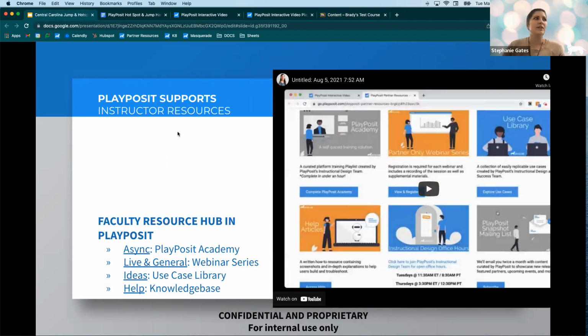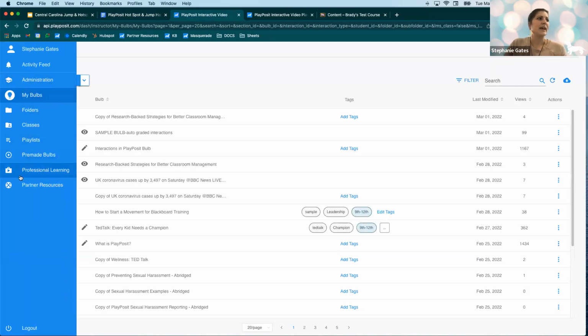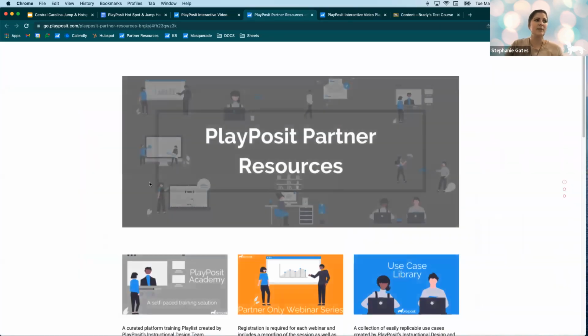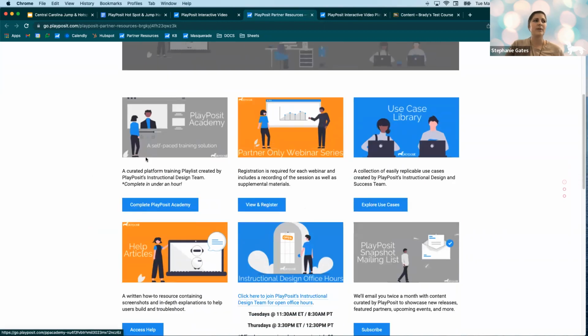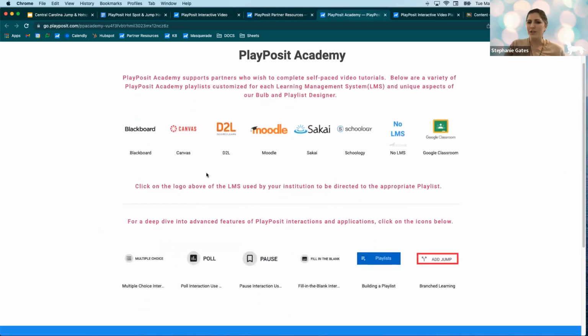You have lots of resources available for you. So not only do we have that training handout where we have jump and hotspot resources. This is our knowledge base article, and this is our PlayPosit Academy. Here, right in your PlayPosit account are partner resources. So here in these partner resources, you're going to be able to click into PlayPosit Academy. Not only do we have